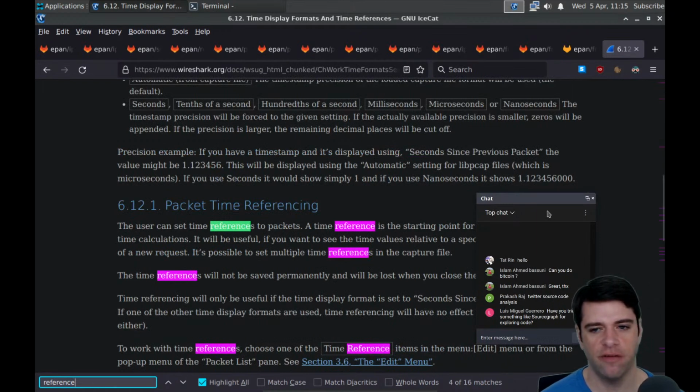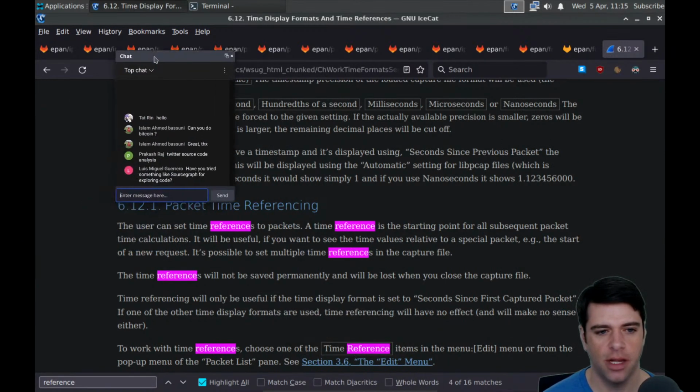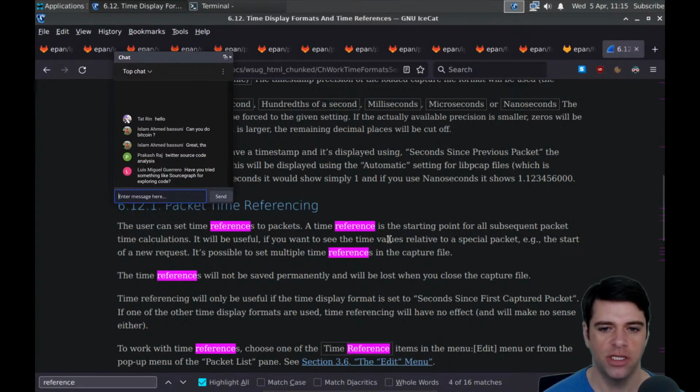The user can set time references to packets. A time reference is the starting point for all subsequent packet time calculations. It will be useful if you want to see the time values relative to a special packet. Okay, so maybe this is like, I